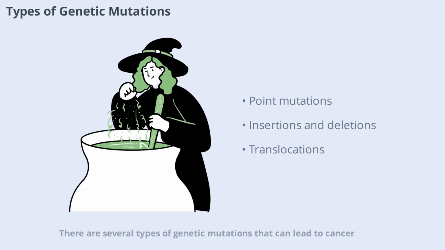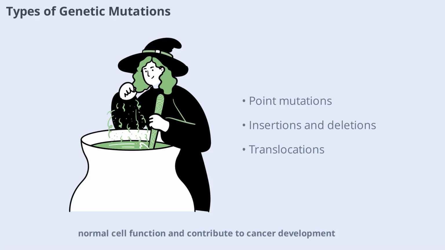There are several types of genetic mutations that can lead to cancer. Point mutations involve a single change in the DNA sequence. Insertions and deletions add or remove pieces of DNA, which can disrupt how genes work. Larger changes like duplications or translocations can move big chunks of DNA around. Each type of mutation can affect genes differently, but all have the potential to interfere with normal cell function and